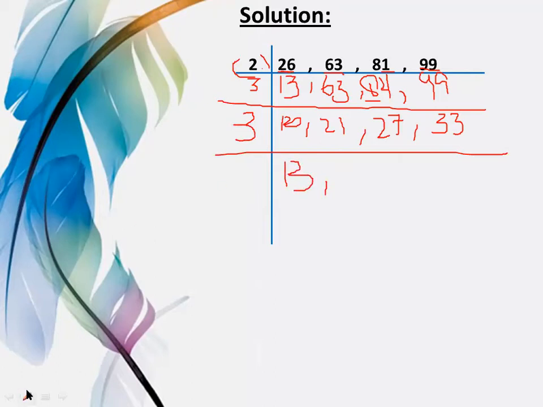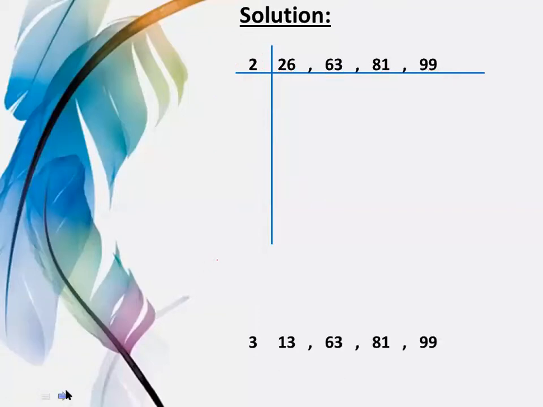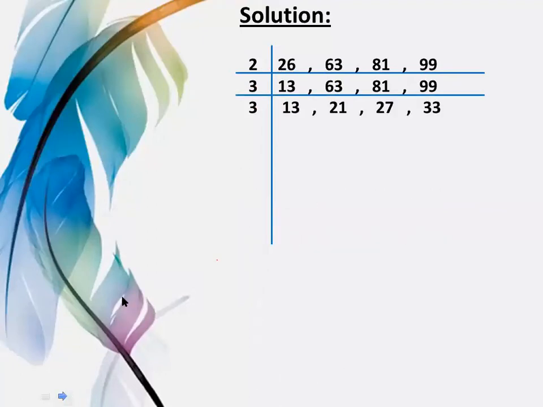Now I am showing it to you again. Let's see. Here we get the quotient. We have solved this step. Now move on to the next step. You have to divide 21, 27 and 33 by 3. But 13 cannot be divided by 3, so simply copy down 13 as it is, but divide 21 by 3. So 3 multiplied by 7 will become 21, 3 multiplied by 9 will become 27, and 11 will become 33.